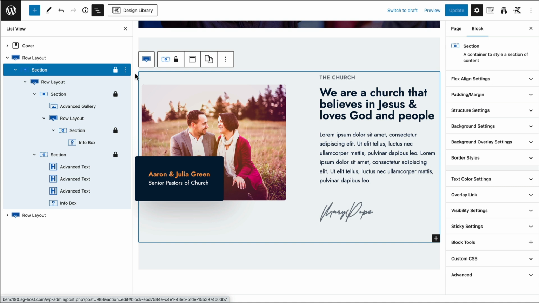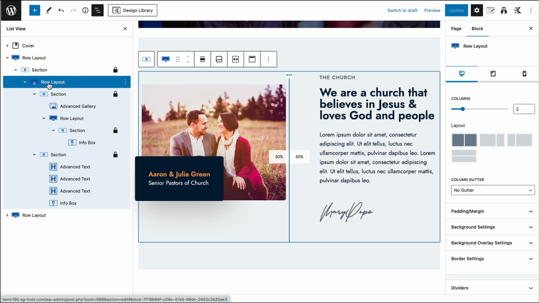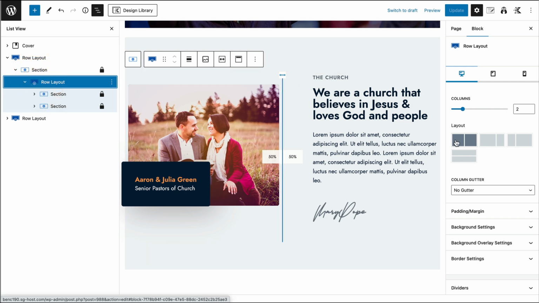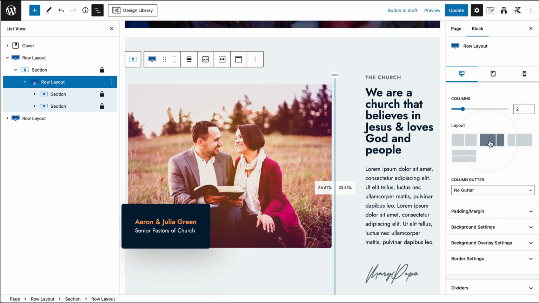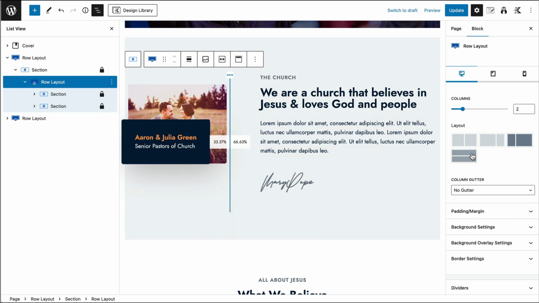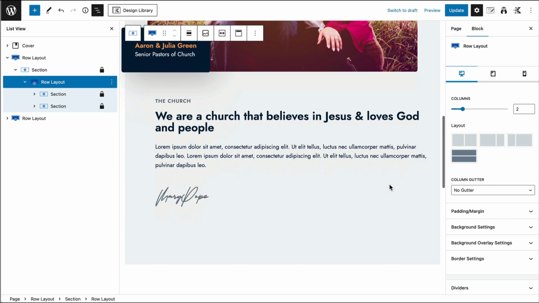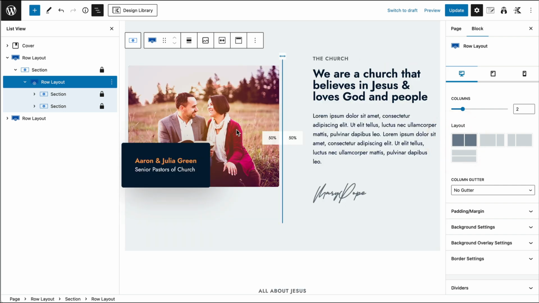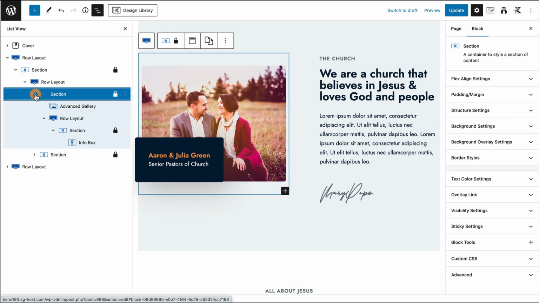Within that is another container and another container that defines the rows. We have one row, but with two columns, and this can be seen over here. We have the layout of two columns. If we were to change this to another preset, you can see it changes how it's laid out. That's stacked on top of each other, but this is two equal sized columns. Each one of these has a section, which is a container,